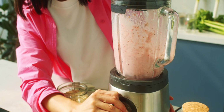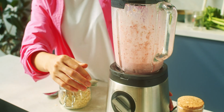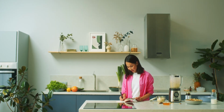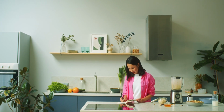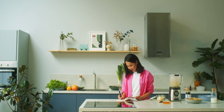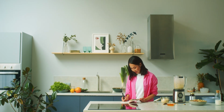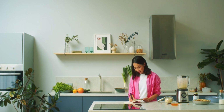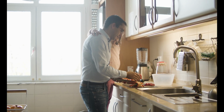As we navigate the realm of residential blending, let us embrace the possibilities that lie within the sleek design and powerful performance of the modern blender. It is not merely a kitchen appliance but a gateway to culinary creativity, allowing us to explore new flavors, textures, and sensations with every blend. So, let us raise our glasses to the blender, the unsung hero of the modern kitchen, and to the endless